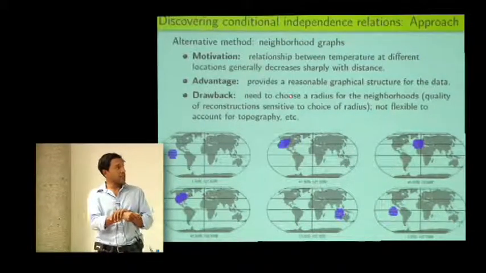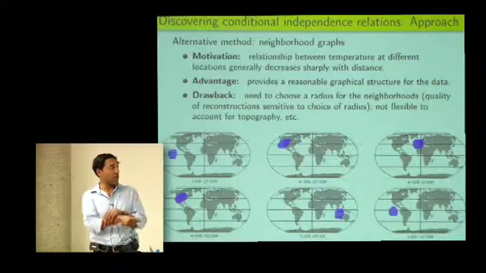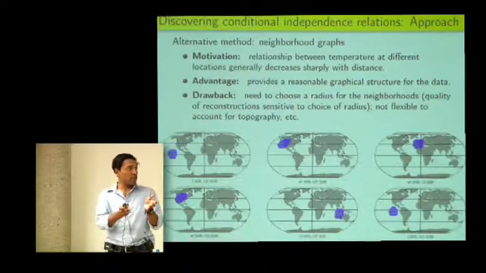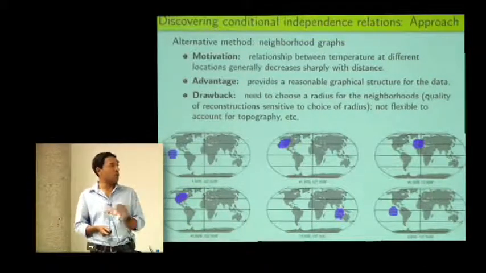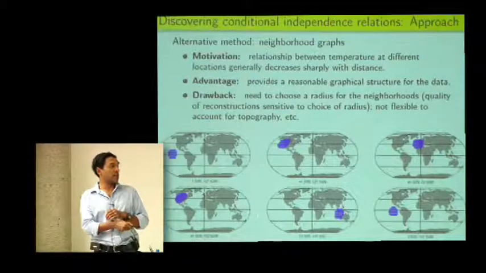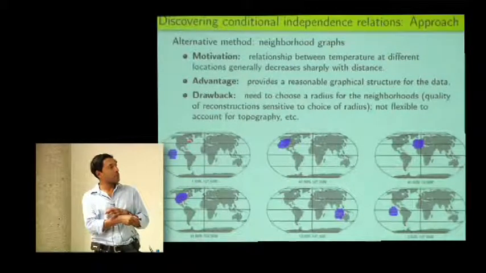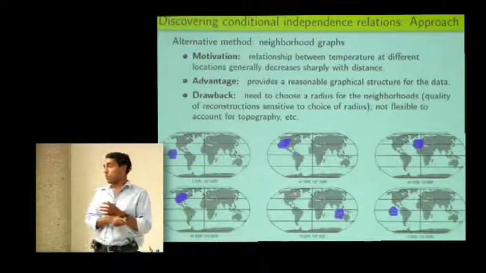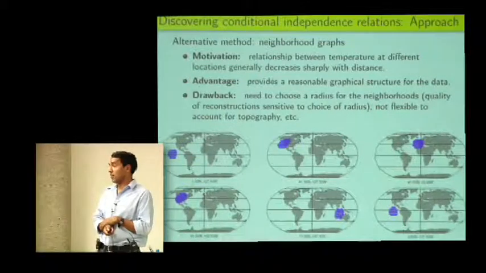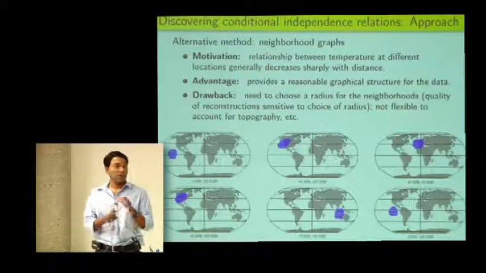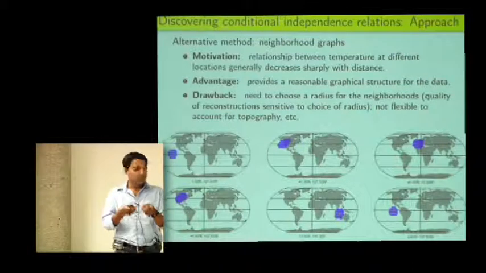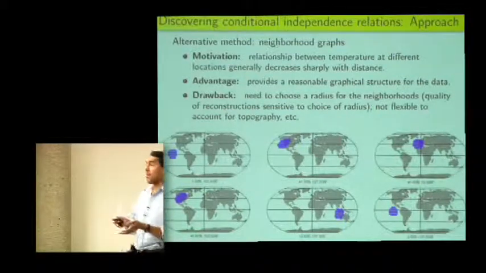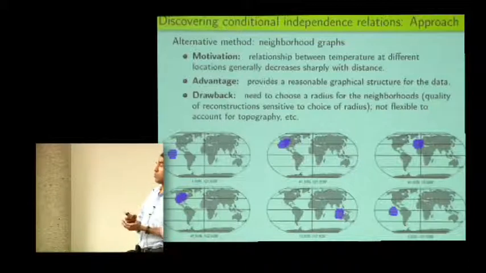The advantage is that it provides a reasonable graphical structure for the data, but you need to choose a radius for the neighborhoods, and it's not as flexible, and you could lose teleconnections. For example, sometimes the temperatures in North America are known to be related to what happens in the equatorial Pacific. So if you only look at temperatures in certain regions explained by the neighbors, you may lose some geosciences